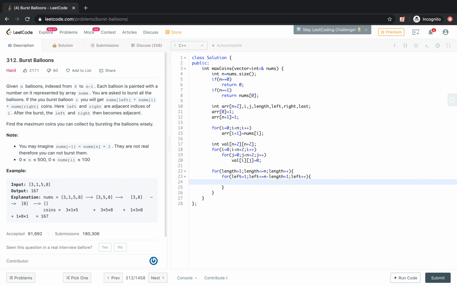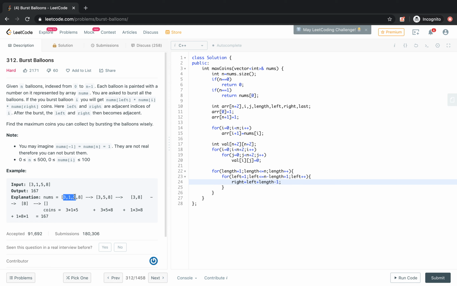And for this left there is a right also. So how far can right go? What will be the value of the right? Right is left plus length minus 1. Suppose initially for this sub array of length 3, left is 1, then right equals 1 plus 3 minus 1, so 3.